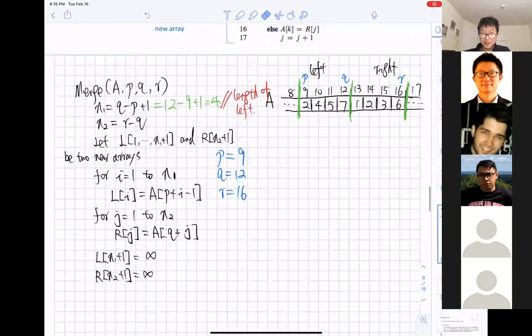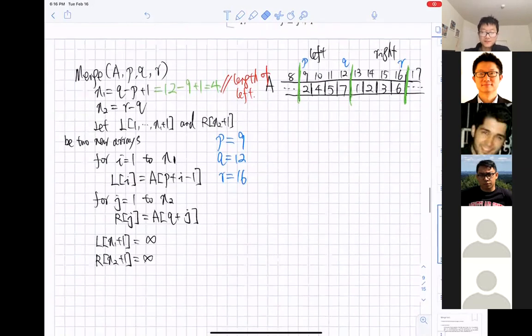Okay, so similarly, if you take Sunday as 7 and Monday as 1, and you want to calculate how many days there are in 1 week, it's 7 minus 1 plus 1, which is 7. So this is the length of the left subarray. And next we have N2 as R minus Q. So what is R minus Q? 16 minus 12, yes, we got R as 16 and Q as 12.